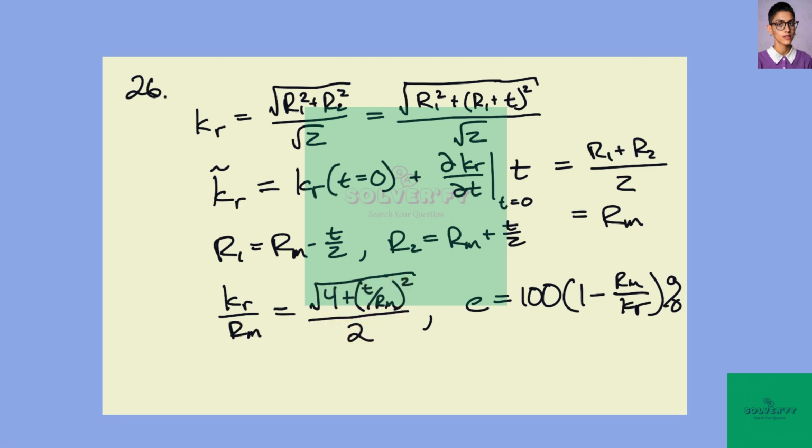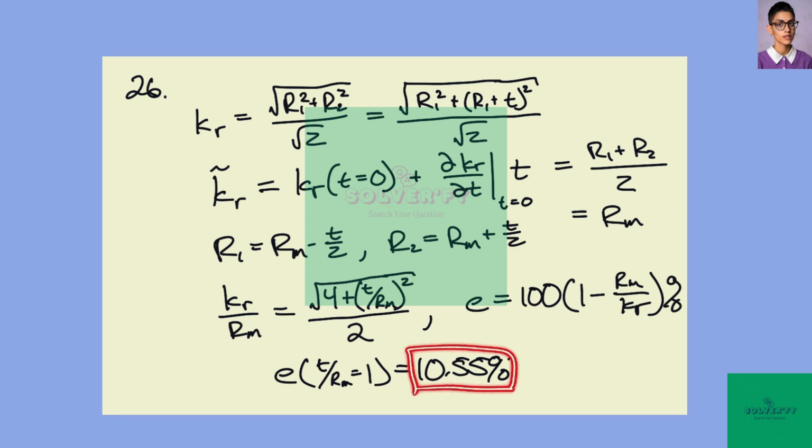And so we want to calculate the error. So the error is going to be kr minus k tilde all over kr, or kr minus rm all over kr. And so we get that is 1 minus the inverse of this ratio, times 100%. We can then plug in t over rm is 1, and our error becomes 10.55%, which isn't too bad, because this basically is saying that